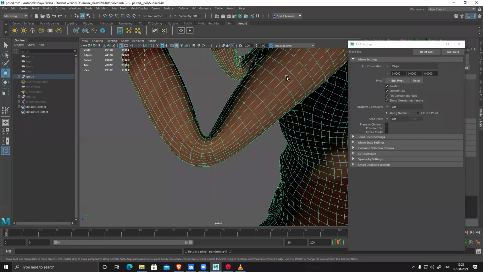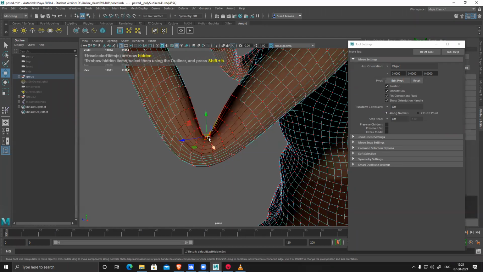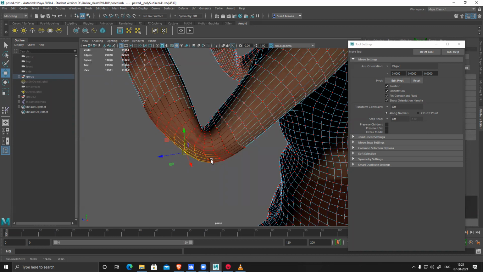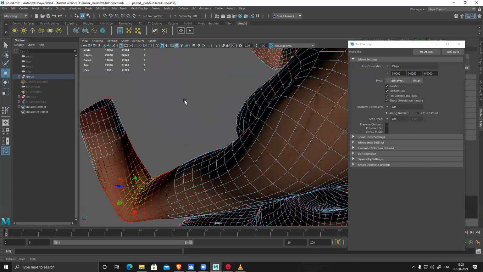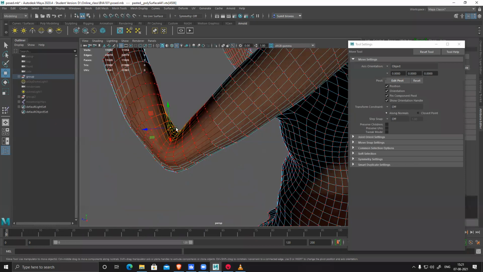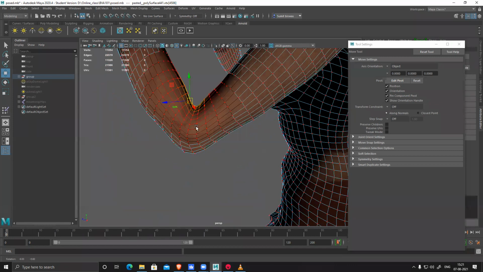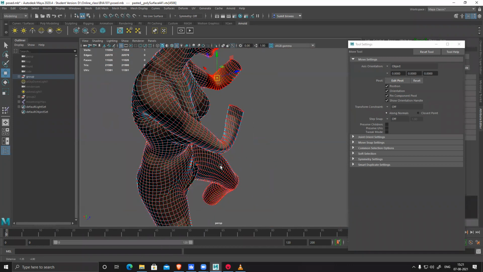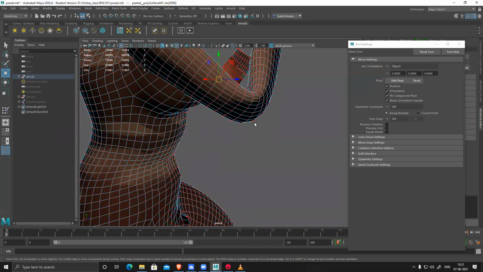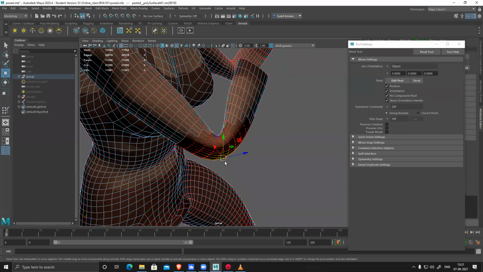Control D. Now to work, and it fixed all those things. Similarly, this spot also. Elbows are slightly pointy.